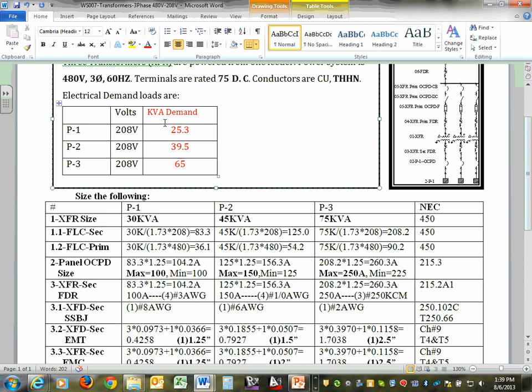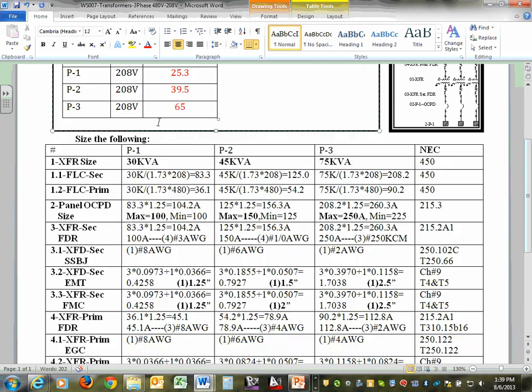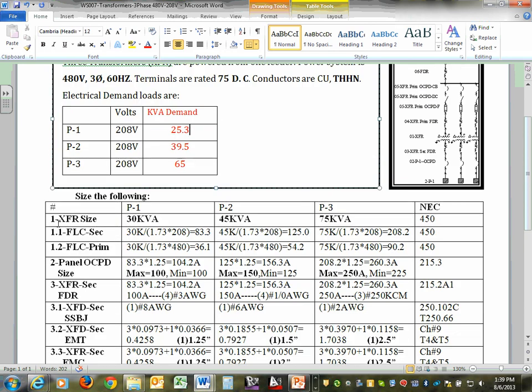When it comes to transformer receptacle panel, the first thing you need to pick is the transformer. So I got my demand. Here's my demand. The first thing, if you can see here, I need to find the transformer size. So based on 25.3 and the info that I gave you, the next standard three-phase transformer that takes me from 25.3 is 30. The other one, this is panel 1, 2, and 3. There are 3 panels. And for the 39.5 and 65 is 45 and 75. Everybody knows where the 30 kVA, 45 and 75 came to be. These are the next standard